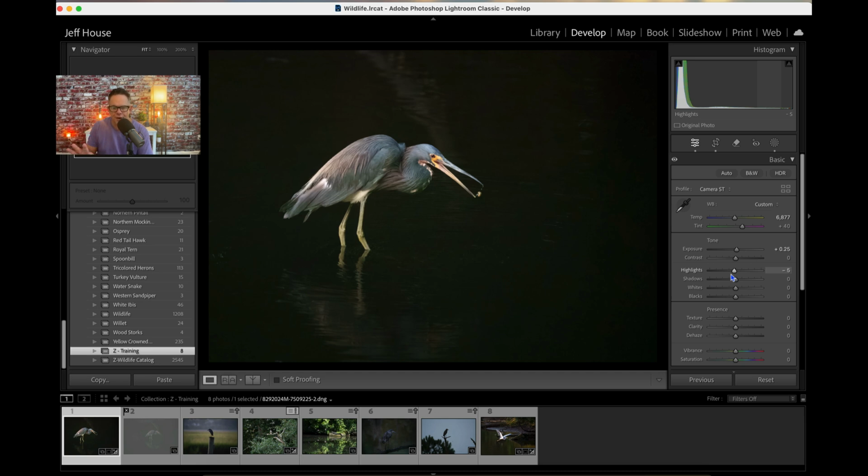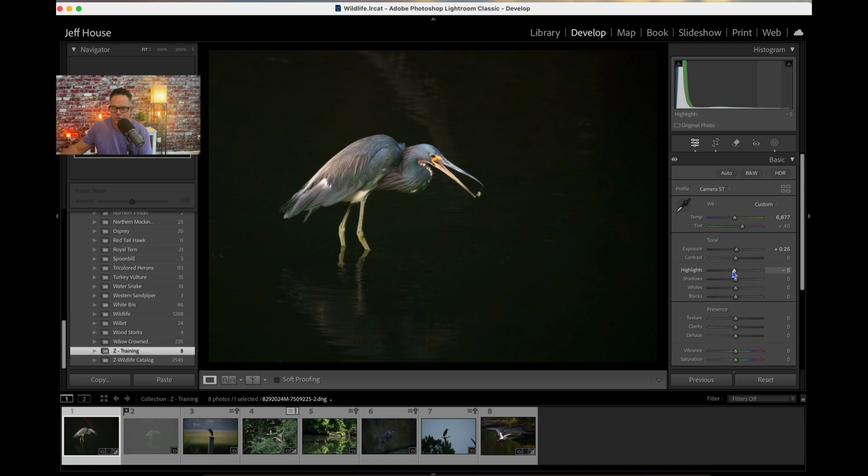So after we do our mask, we worked really hard inside of the masking tools in Lightroom to get the exposure where we want it on the background and get the exposure where we want it on the bird. Then when we come out of the masking, it's just tweaking, fine-tuning the brightness of the image. So I do that again with exposure and highlights. And that's where I'm going to leave it as far as dealing with